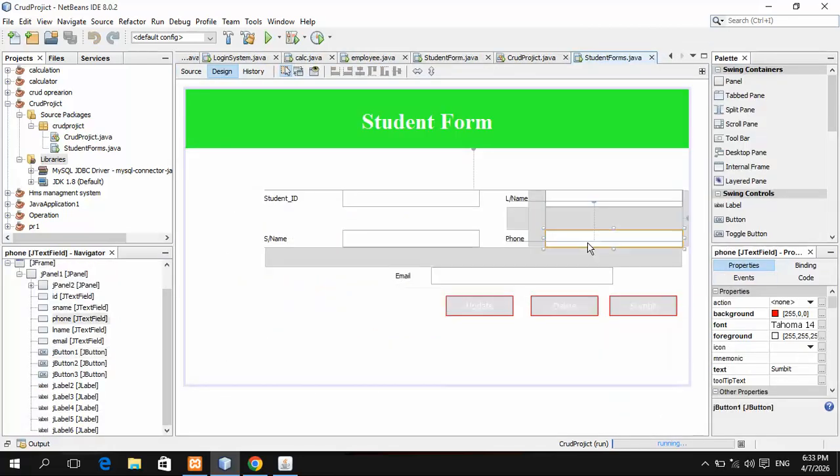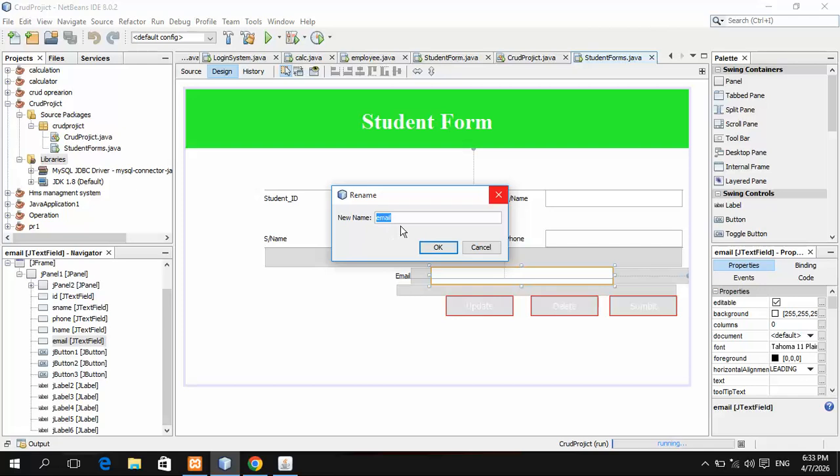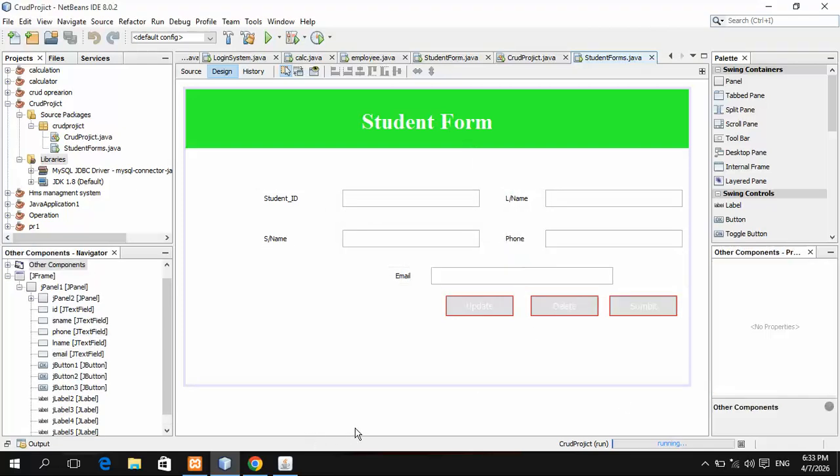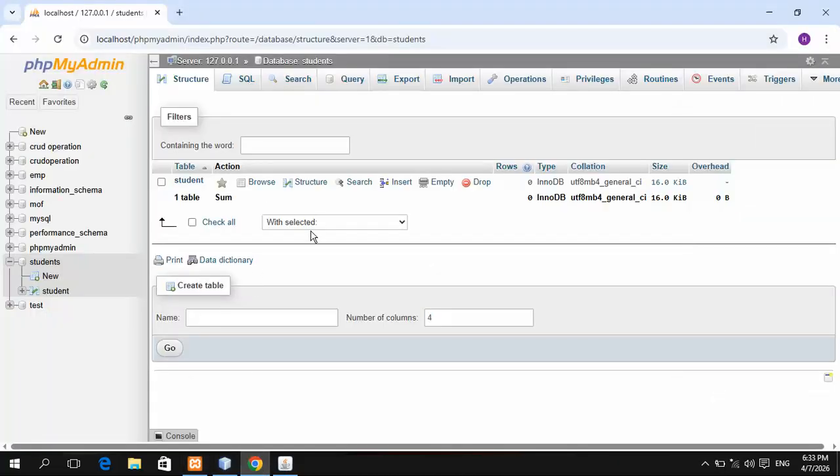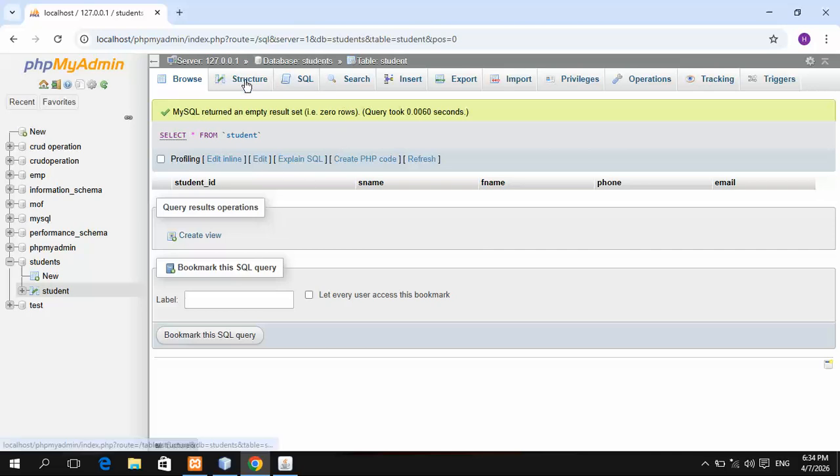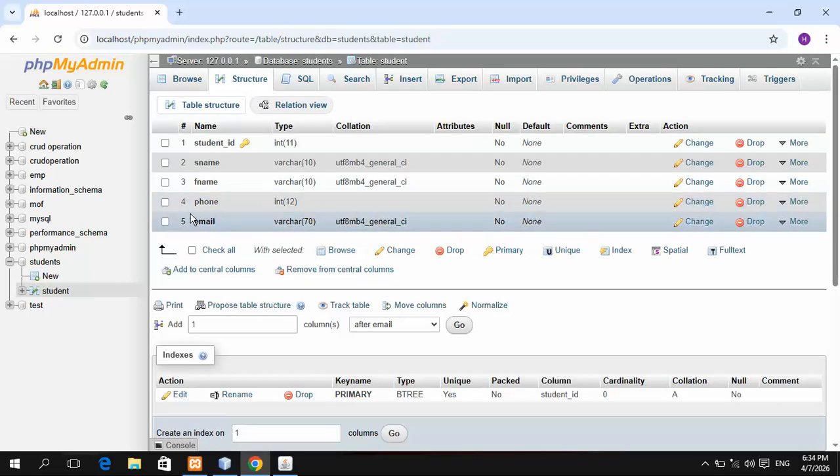So one minute, variable name, phone, email. Phone number is integer.